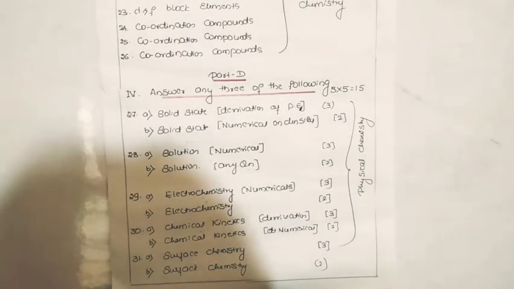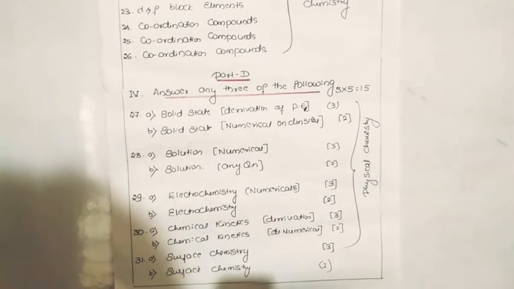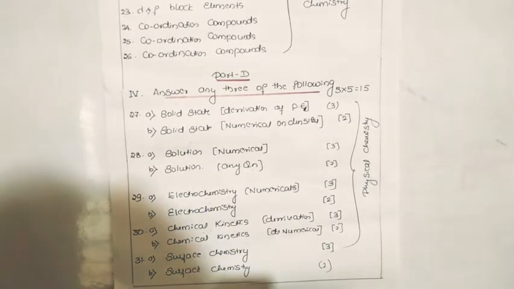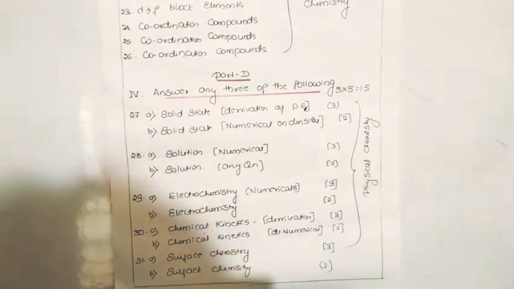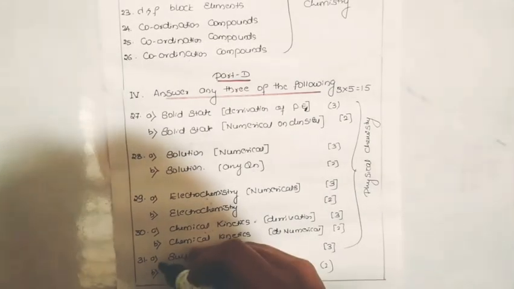Now the 30th question is from chemical kinetics. There are derivations like the integrated rate equation for the 0 order and the first order, and the half-life for the 0 order and first order. Those derivations will compulsorily come for the 30th A part, and for the B part, you will have a numerical. Okay. So now the last question is from the surface chemistry, and both questions, 31A and B, will be